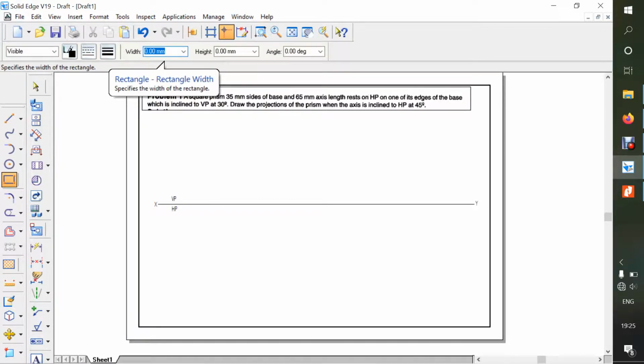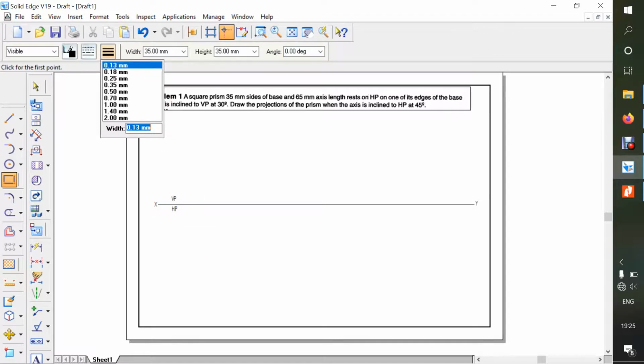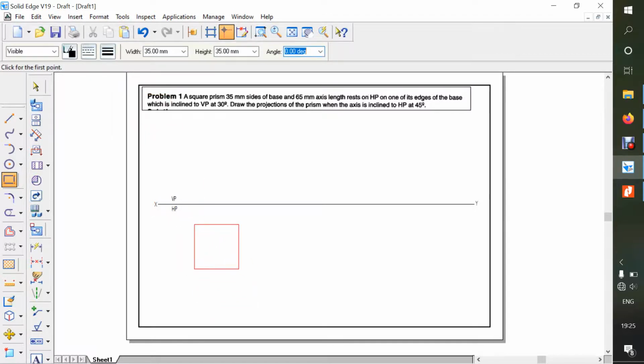So now they have given it's 35, enter 35, height is also 35, and angle you just say 0, because you can already see the square, and the thickness of the square should be 0.5. So wherever you want, just click and click.